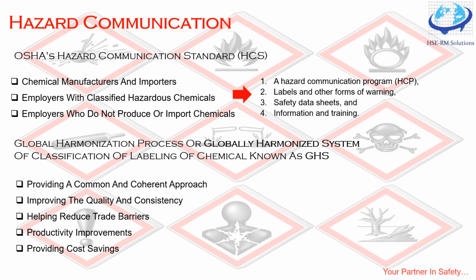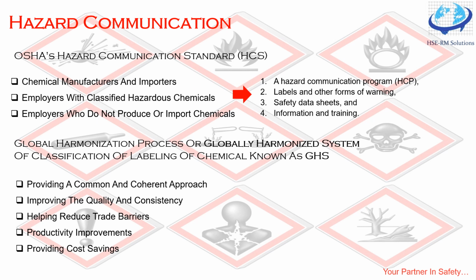Let us understand where it started. Your employer must also teach you about protective measures when working with hazardous chemicals. When you have this important information, you will be able to take steps to protect yourself from the negative effects